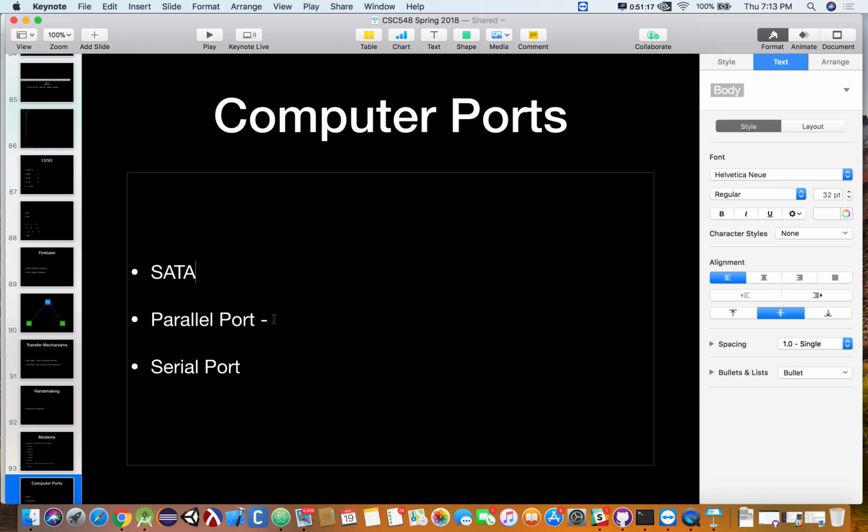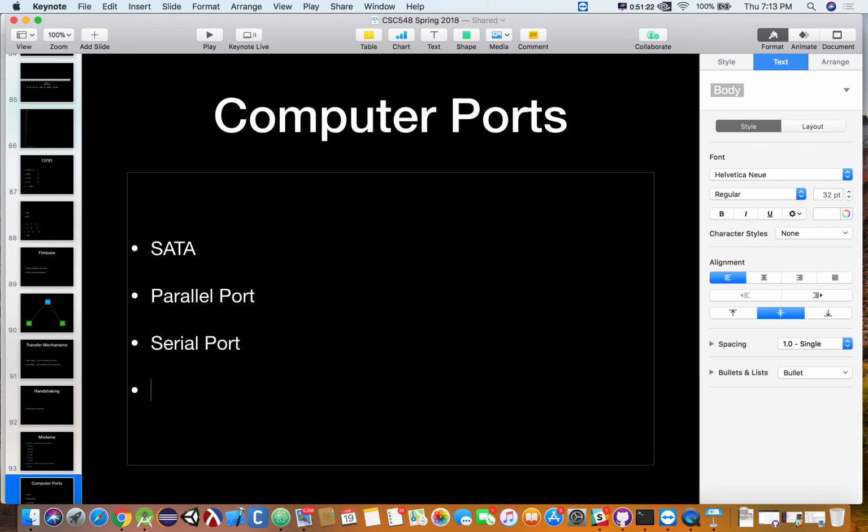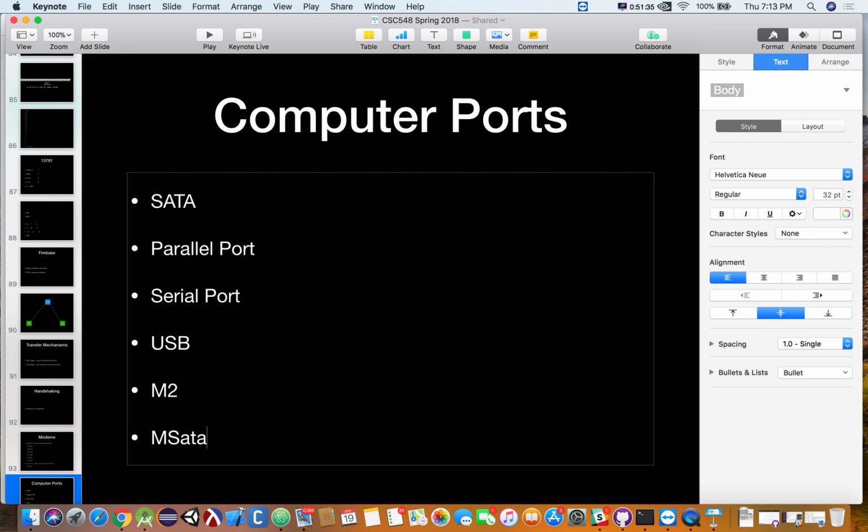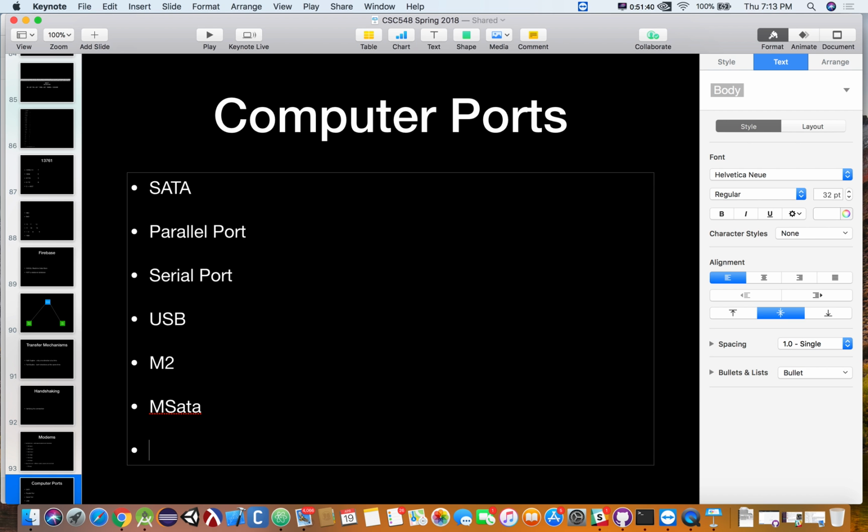So we mentioned a SATA port, parallel ports, serial ports. What other ports can you tell me about? USB. What else? Okay, M.2. It's pretty new. We'll throw that in there. What else? mSATA? I don't know if I've heard of that one before. It's a newer upgrade to SATA? A big one, they don't use the small one. Okay, a new SATA port? I'm sure it's faster if they switch the port. All right, what else?